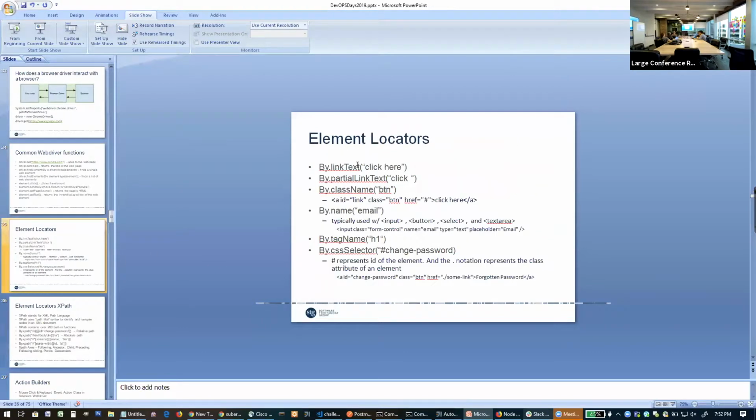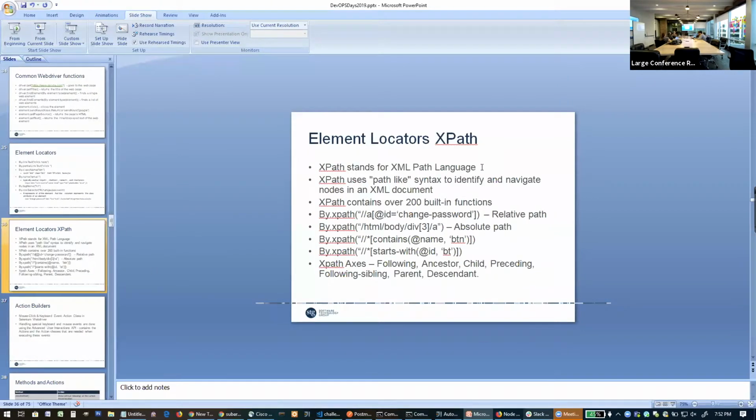Your element locators. There are a few more element locators inside Java than there are for Node. You have by link text, by partial link text, class name, by tag name, and by CSS selector. XPath. I didn't realize this, but XPath contains over 200 built-in functions. Nice. So if you want to start tweaking with your XPath,